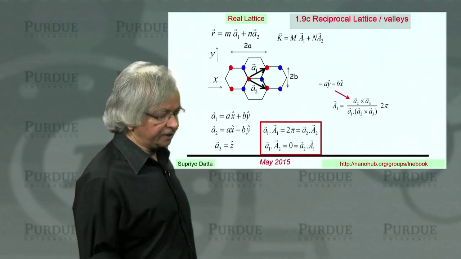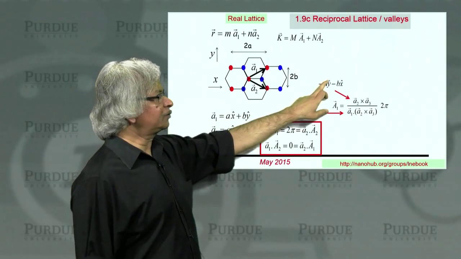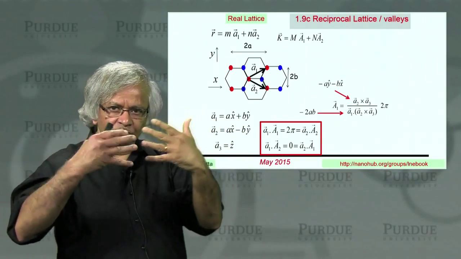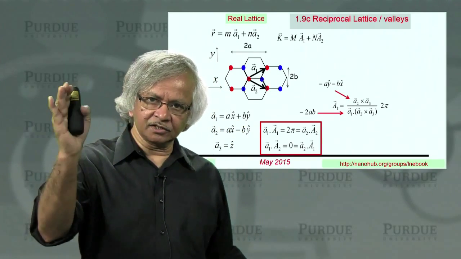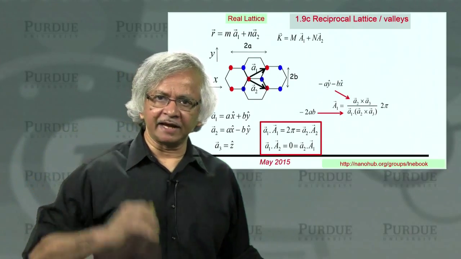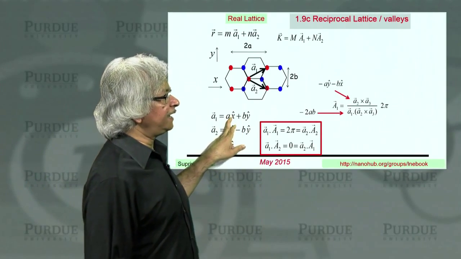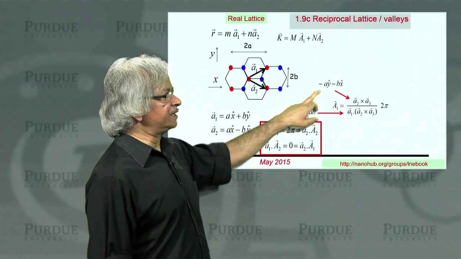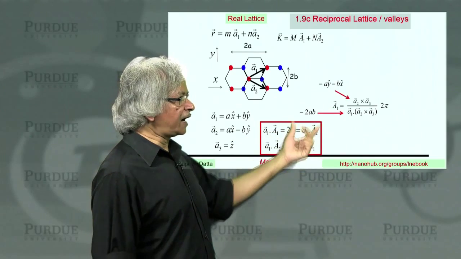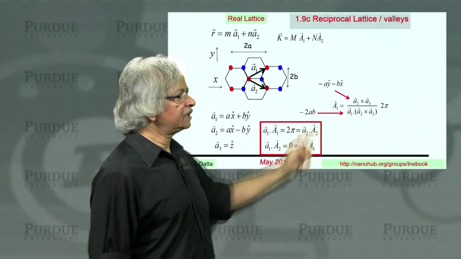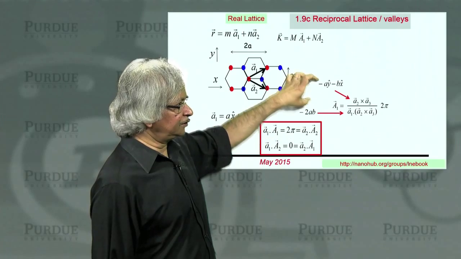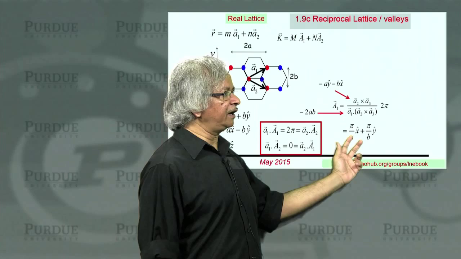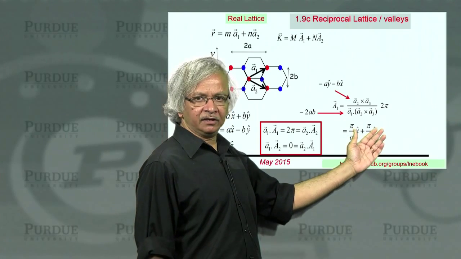Now we need the denominator. So you have to take that quantity and dot it with A1. When you take the dot product of two vectors, what you do is multiply their X components, multiply their Y components, add it up. So it's plus A times minus B, so that's minus AB, and plus B times minus A, that's again minus AB. So you add it up, you get minus 2AB. So now if you divide it, you'll get the expression for capital A1, which is pi over A in the x direction plus pi over B in the y direction.